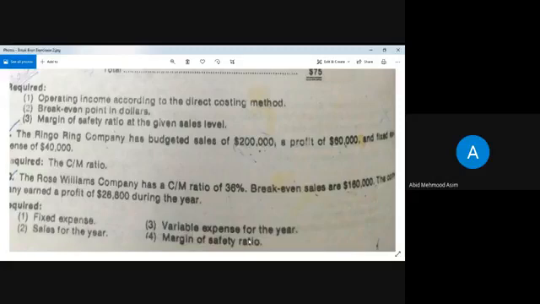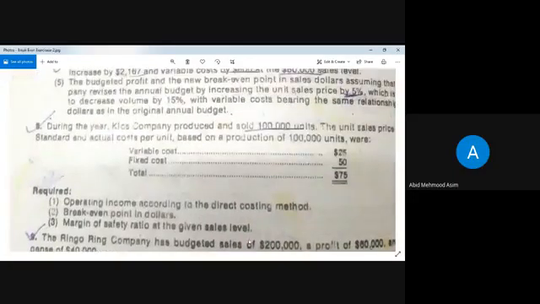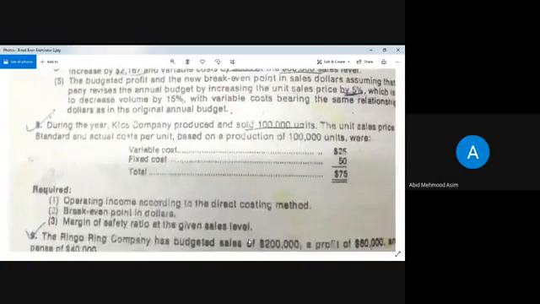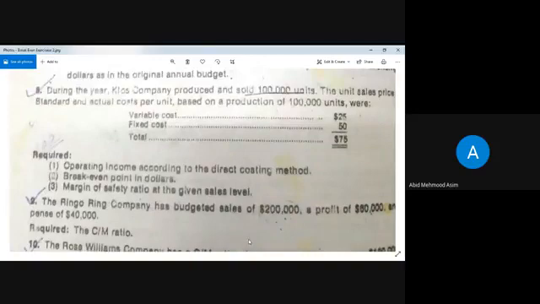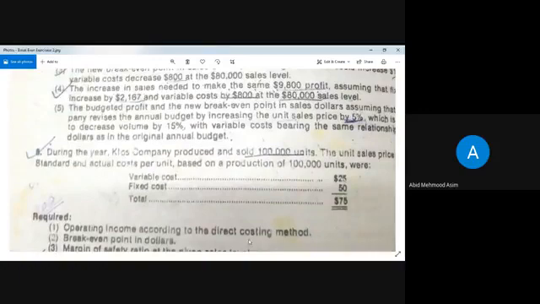So students, I think I have explained thoroughly questions number 7, 8, 9, and 10. Now, in the next recorded session, we will move towards our solution, and I will present you the solution of all these questions as well, and guide you how you can build your concept regarding the break-even analysis.